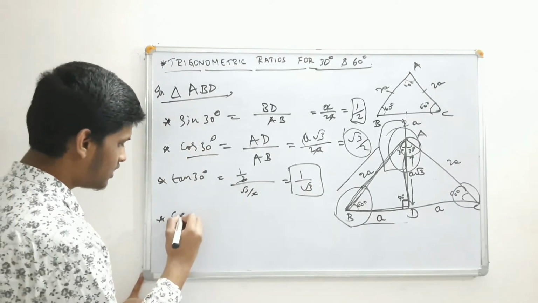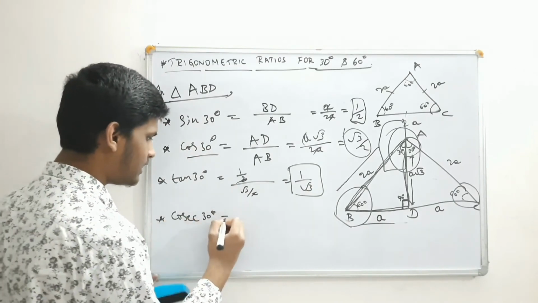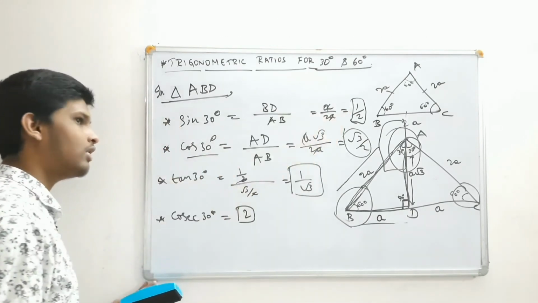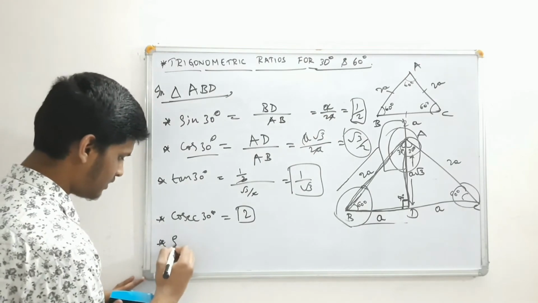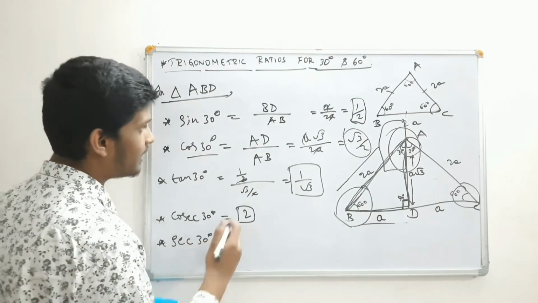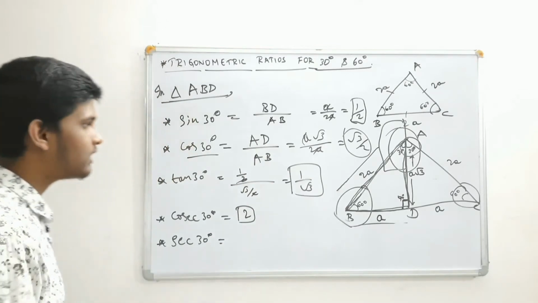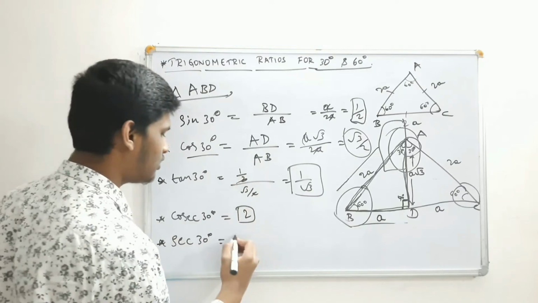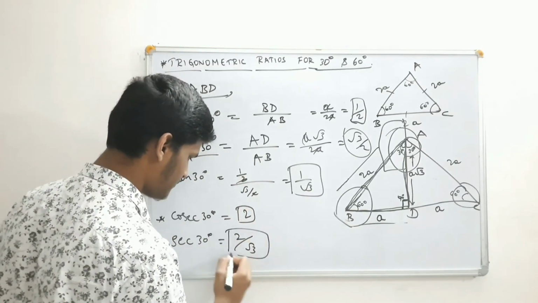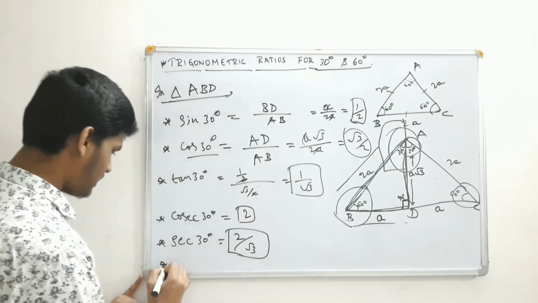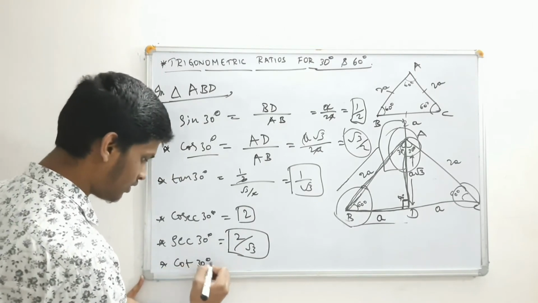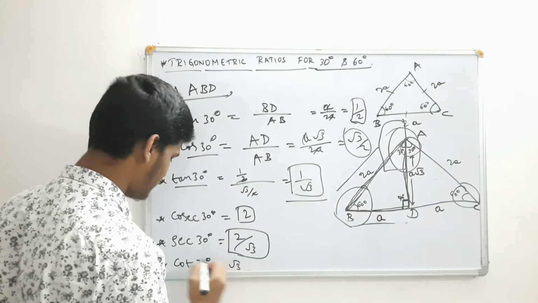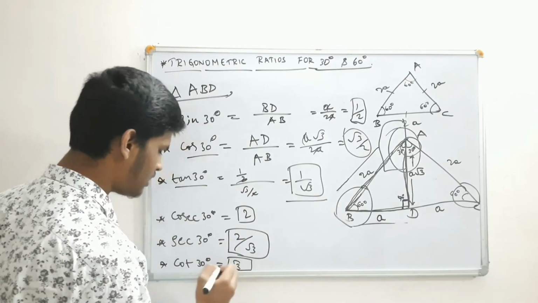So next it's cosecant 30 degree, that is the reciprocal of sine 30 degree. 1 by 2, reciprocal of that, it becomes 2. So next, secant 30 degree, that is the reciprocal of cos, which is root 3 by 2. If you take that reciprocal for secant, what will we get? 2 by root 3. And next, if you come to cot 30 degree, reciprocal of tan, and tan is this, so this will become root 3.